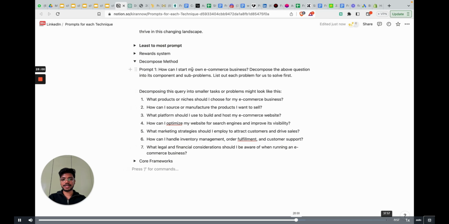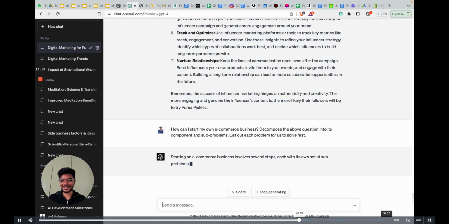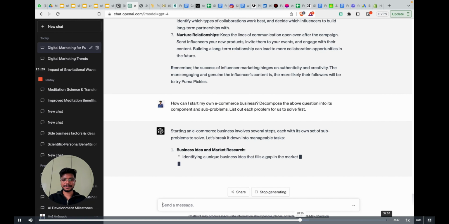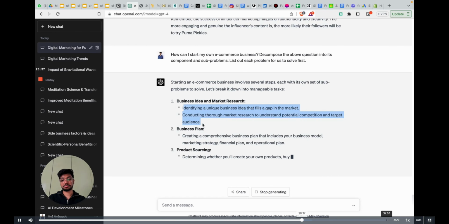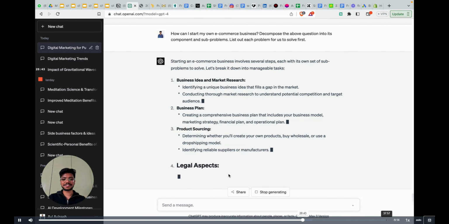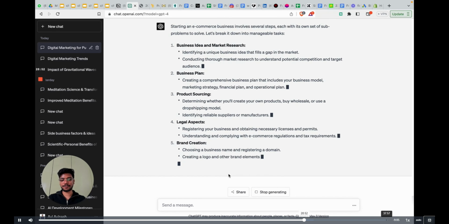Copy. Essentially, you're asking AI to create a chain of thought for you, and it will break it into manageable tasks, and then you can simply go and do them. But here it's even writing out the plan. It's not just giving step by step, but it's also explaining each step in 2 points, which is great. So you can simply copy paste this and say, using this step-by-step process, create me a plan to create an e-commerce website which is in-depth and so on, and add in all your requirements using our mega prompt format. That's it.